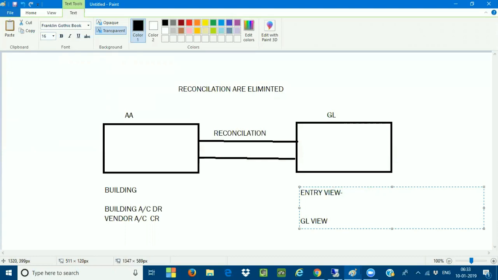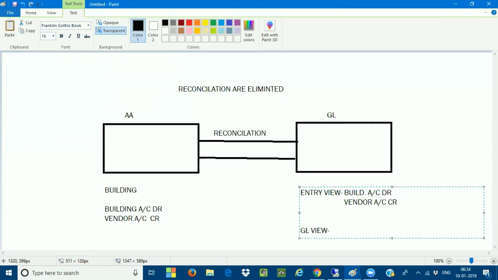That is, your building account is getting debited, and the vendor account will become the credit. This is the entry view. Now I'm switching the mode from the entry view to the GL view.